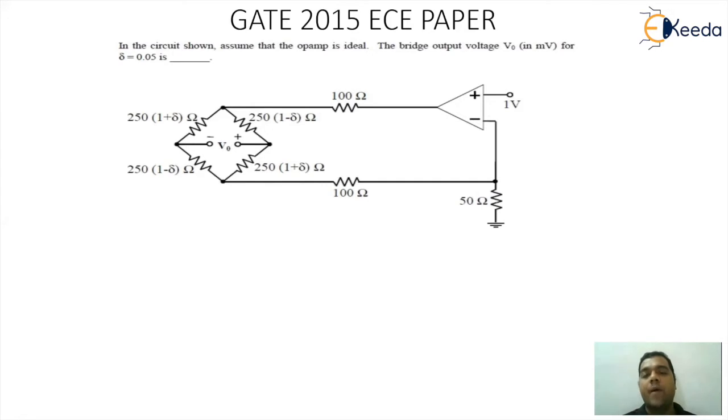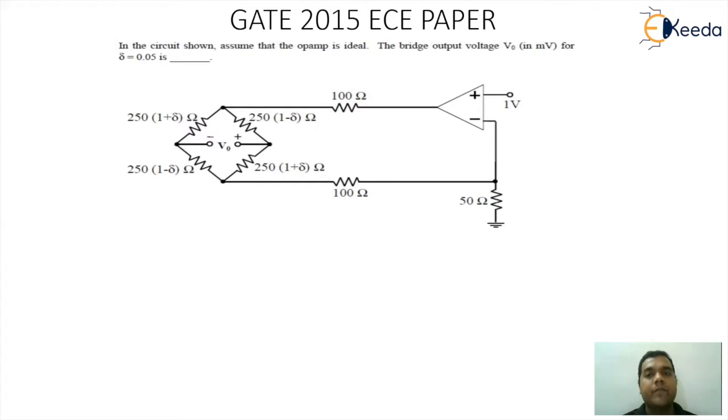So here we are given an op-amp. The op-amp has its non-inverting pin kept at 1 volt. With the property that the non-inverting pin voltage equals the inverting pin voltage, the inverting pin will also be at 1 volt. If you look at the bridge circuitry carefully, there are impedances with the values 250 (1 plus delta), 250 (1 minus delta), 250 (1 minus delta), and 250 (1 plus delta). So overall there are 4 impedances having the value 250 (1 plus or minus delta). Delta is basically a deviation factor. There is a 200 ohm resistance and a 150 ohm resistance.